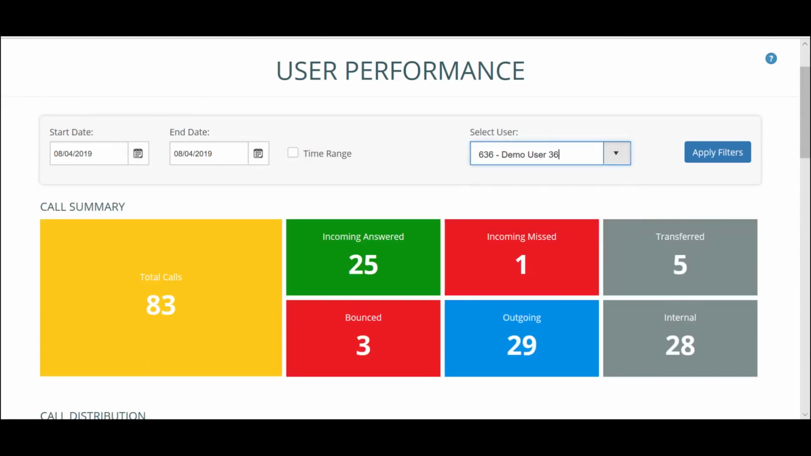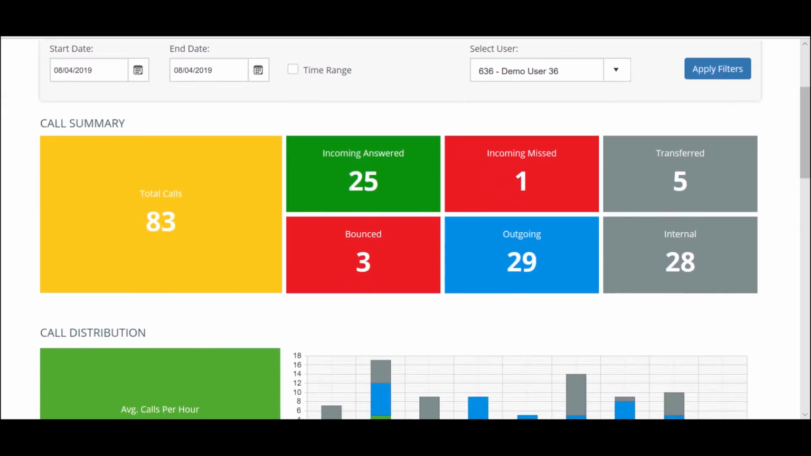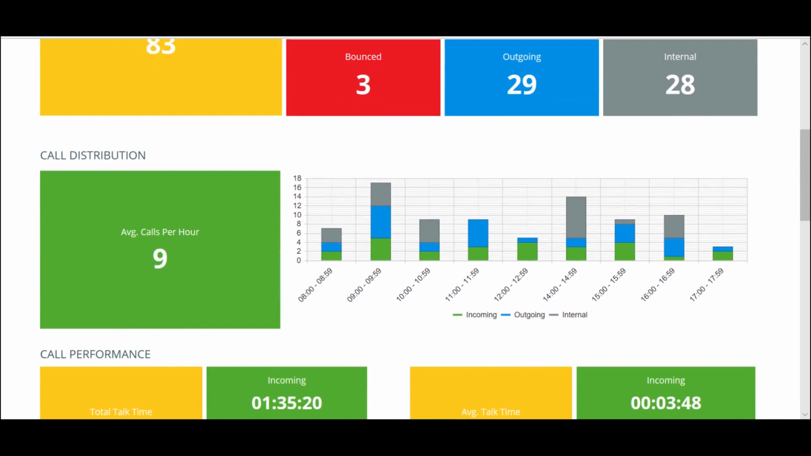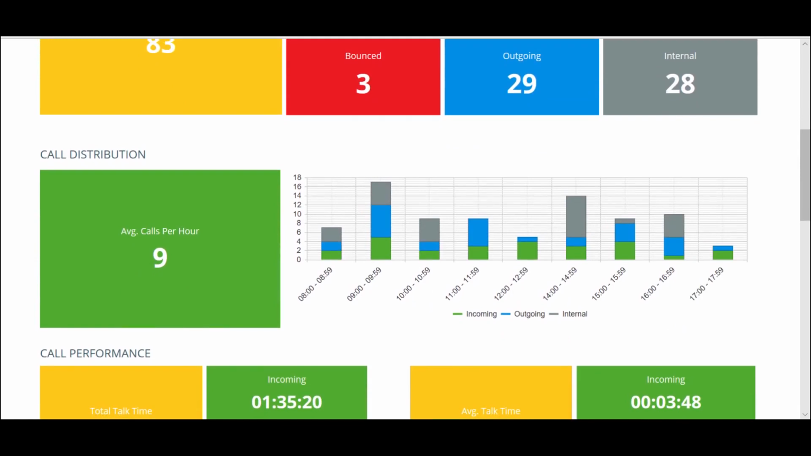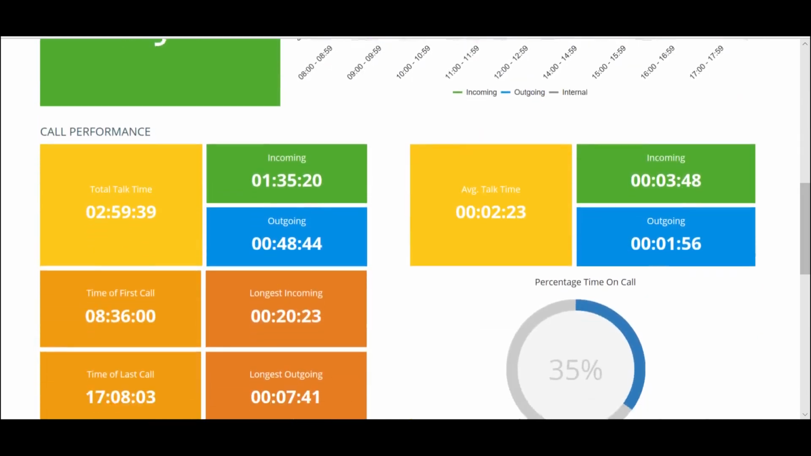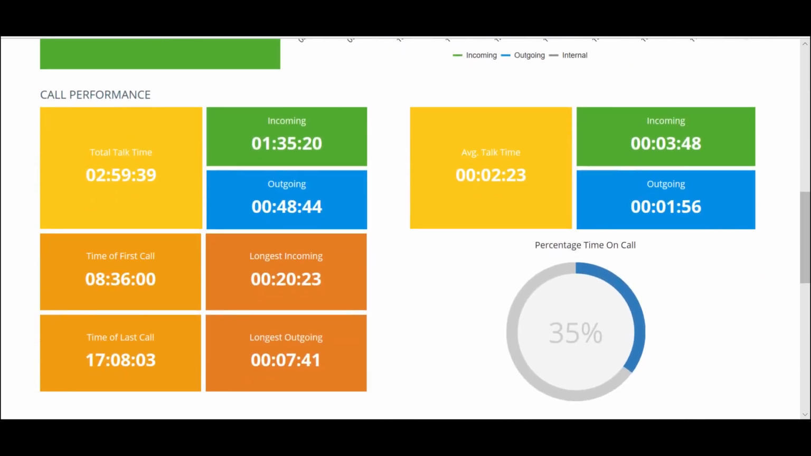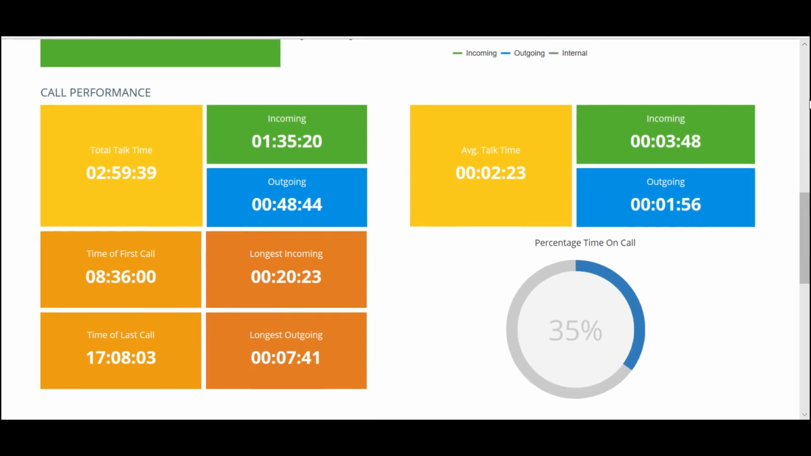The dashboard displays a summary of total calls for a user broken down by incoming, outgoing, internal, transferred, bounced and missed calls. The call distribution section displays average calls handled per hour alongside a graph showing an hourly breakdown of calls by direction. A summary of call performance is displayed on tiles showing the total and average talk time broken down by incoming and outgoing calls, longest incoming and outgoing call, time of first and last call and overall percentage